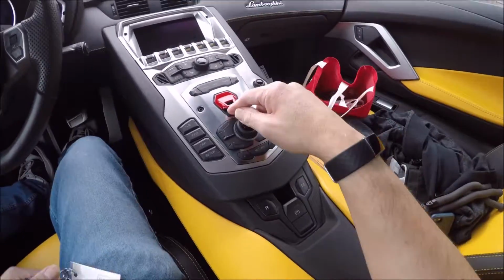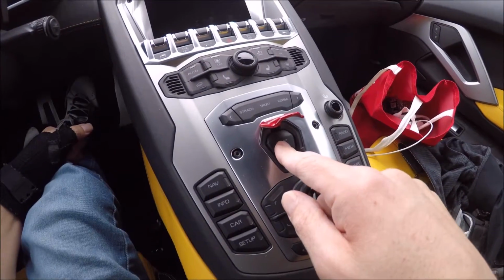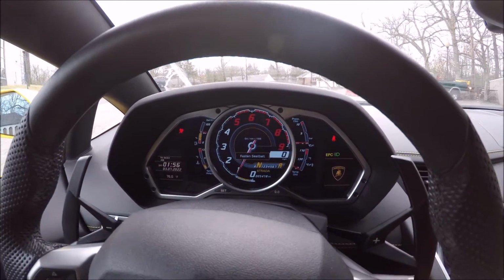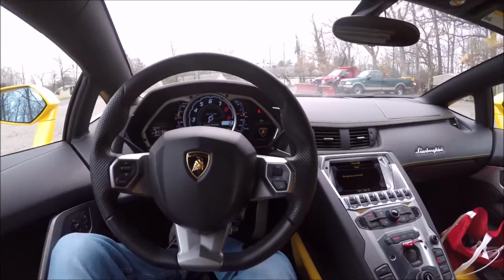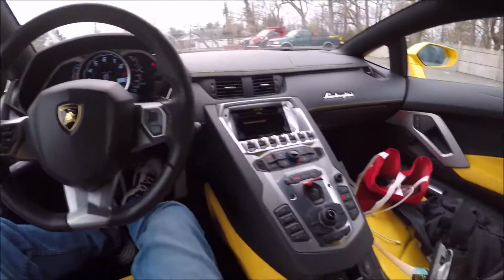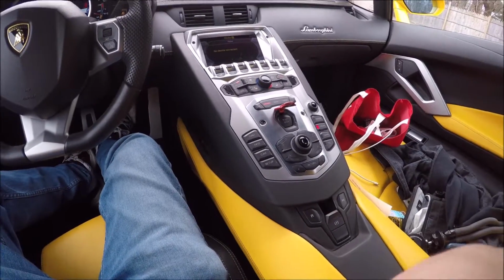We're gonna start it with, essentially, it looks like an ejector button here. Lift it up, that's your start and stop button. And now it'll fire to life. Got about a half a tank of gas for a thirsty V12. I think the mileage according to the EPA is 11 city, 17 highway. As you know, gas prices are going out of control, so keep that in mind if you buy one of